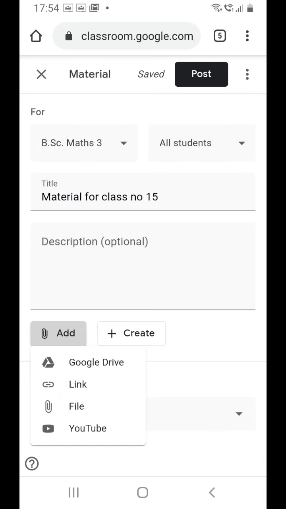You can add the file from your computer, or you can add the link of the material file that is saved in your Google Drive or at any other website. You can directly add the material from your Google Drive also, or if some YouTube video is part of your material, you can add that video by clicking on this YouTube.